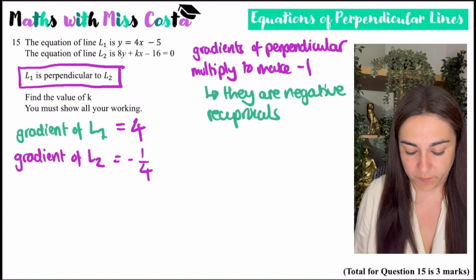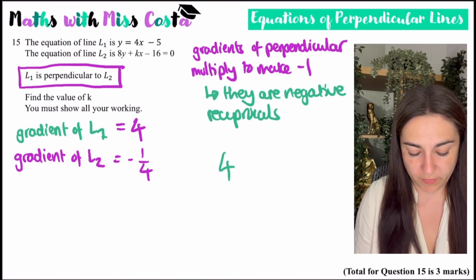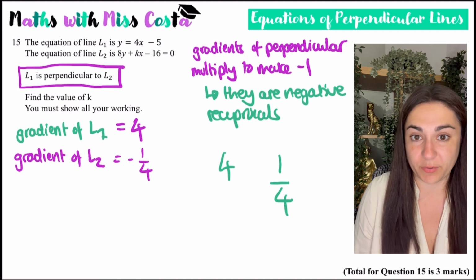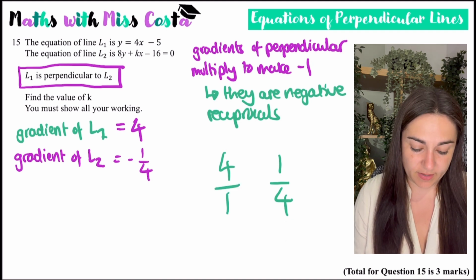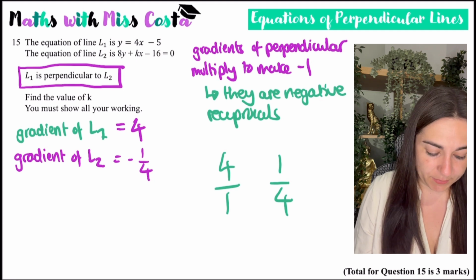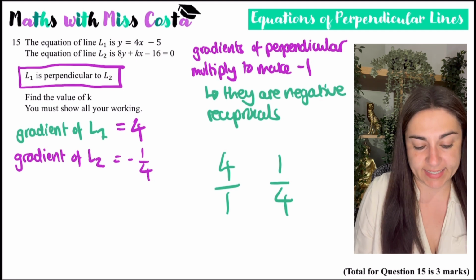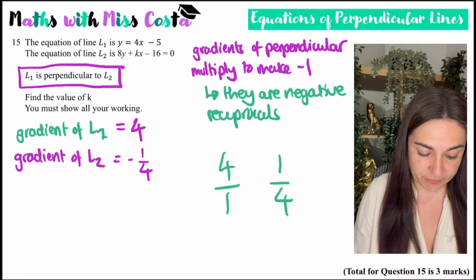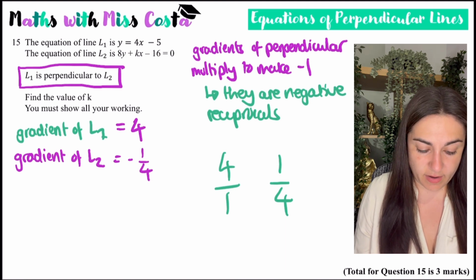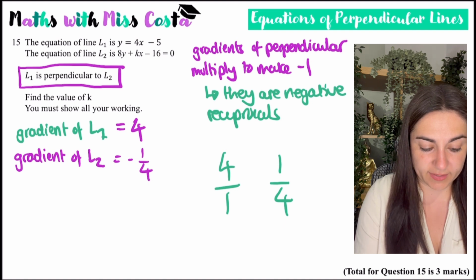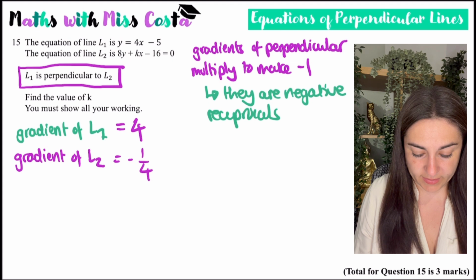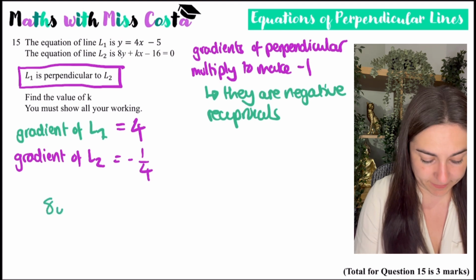Another way to do it would be, you know that you've got 4 and the reciprocal of 4 is 1/4. So the reciprocal is, if you wrote this as a fraction, just flip it over and it's a negative reciprocal, so it'll be -1/4. So I know that the gradient of line 2 is -1/4, and I need to figure out what k is. So there's a few ways I can do this. I would probably start with just rearranging